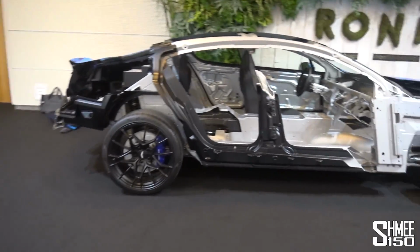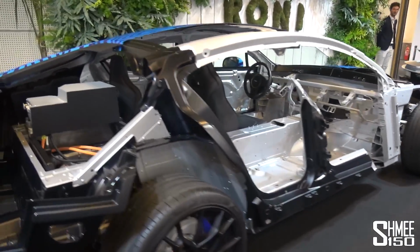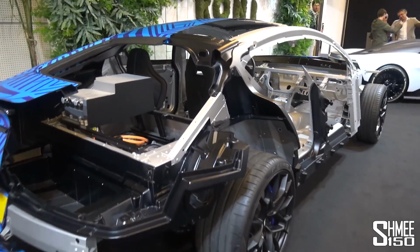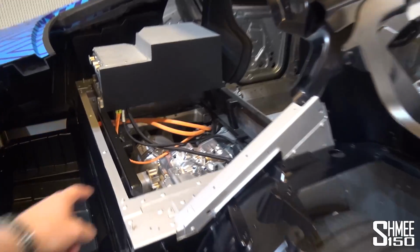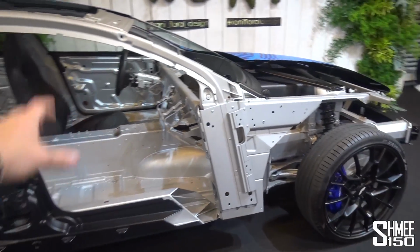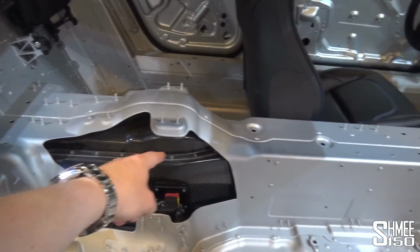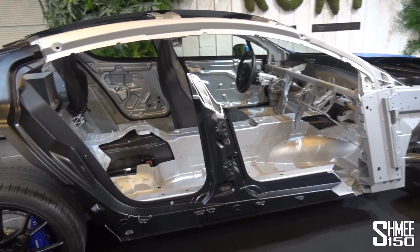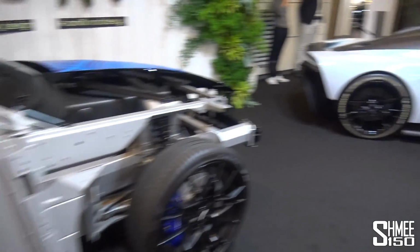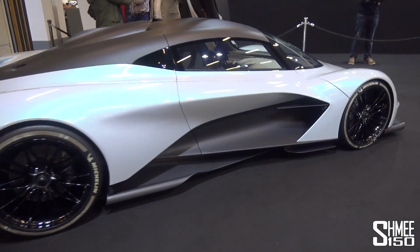Continuing around the stand as well, this is quite interesting, a cutaway of the Rapide E. I went out in a Rapide E for an experience around the Monaco circuit during the Formula E weekend, but here we can actually see the cutaways to see some of the electrical system going on inside. 155 of the final car being made, but you can also see the carbon tunnel for the powertrain systems and batteries going through the middle, developed by Williams Advanced Engineering, and also the 003, the AM-RB 003, Aston Martin's